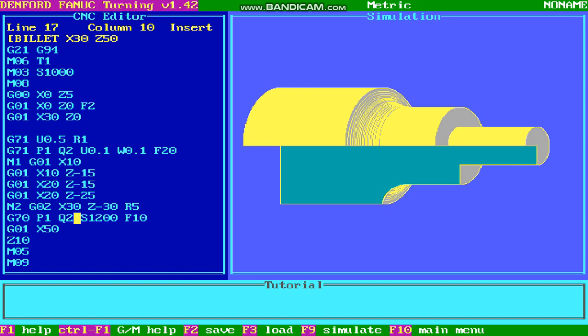So this is your turning cycle. This turning cycle will be carried out in steps of 0.5 mm and it is repeated until your entire profile has been obtained. Once the entire profile has been obtained, the next step is your finishing cycle. I told you in turning cycles you have a roughing cycle and a finishing cycle. Your finishing cycle is given by G70 followed by your initial block number and your ending block number. So the initial block number of your turning cycle is P starting at 1 and ending at 2, which I have already shown here. So N1, N2, N1 is above, N2 is below.